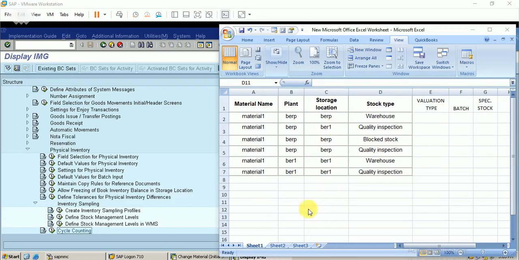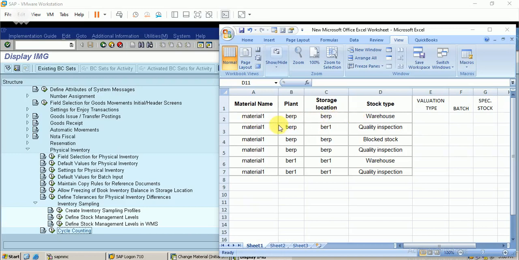For example, this material is in this plant with the combination of the storage location, and the stock type is warehouse. Warehouse means I have specified the unrestricted storage location. So this combination is a stock management unit, and similarly